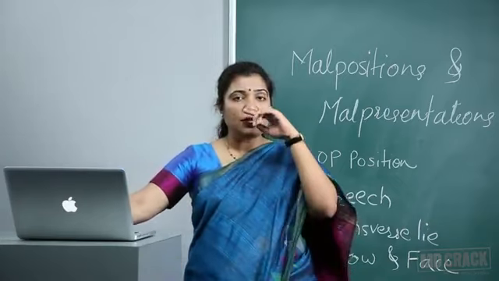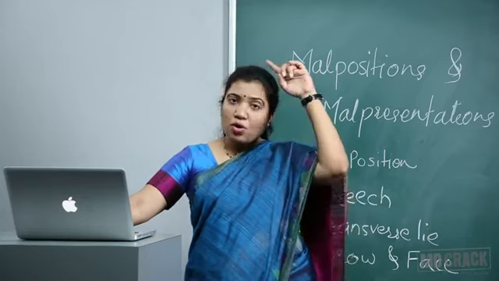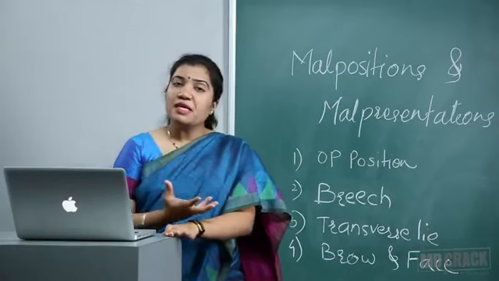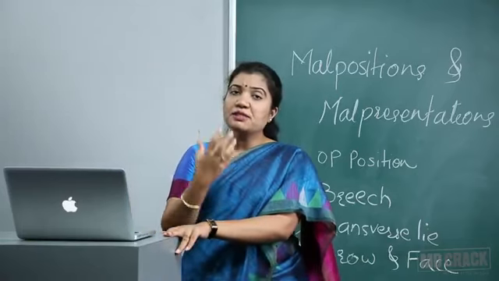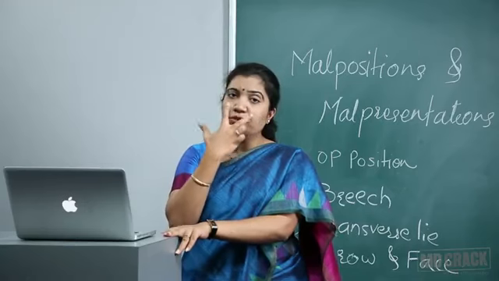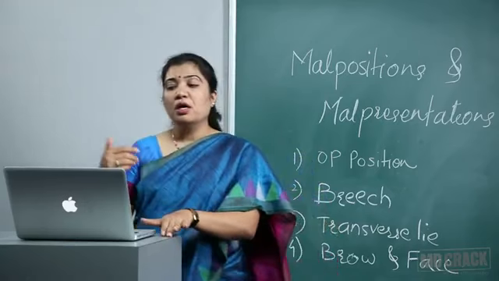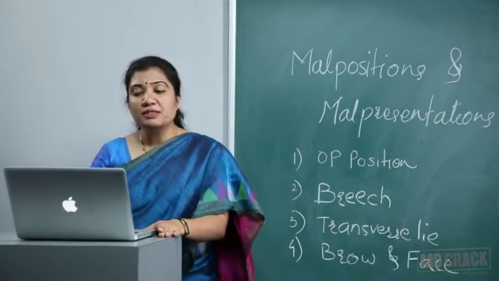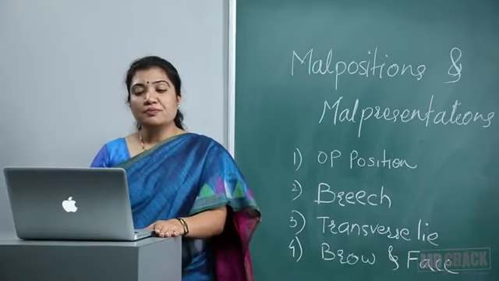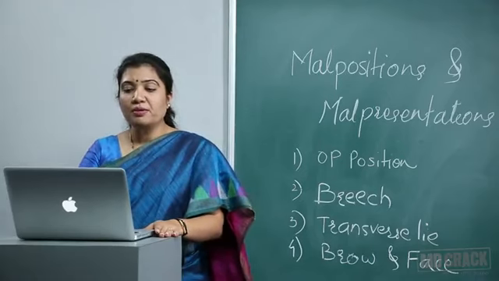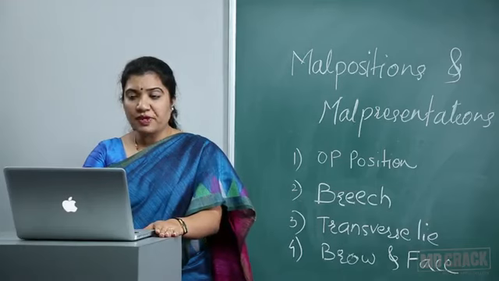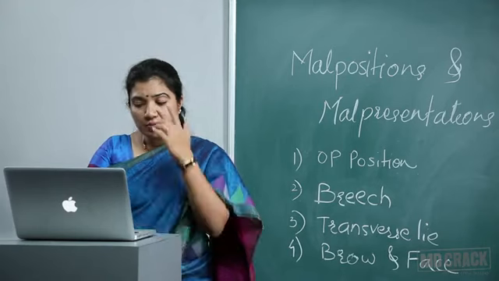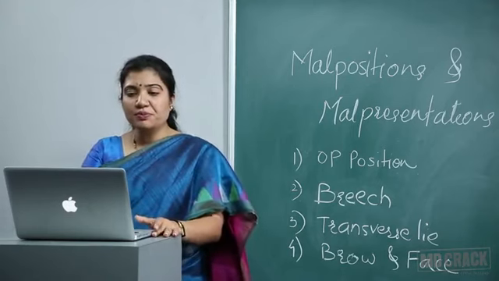Flexion of the head will cause delivery of gradually all this way in this sequence. For the diagnosis, PV examination is the best thing, which tells us where we feel this triangular portion, 2 malar eminences and 1 opening. Per abdominally, we can feel a groove between head and back, limbs felt on either side of the midline. Fetal heart is heard on the opposite side of the back, and PV, classically the face is felt. Usually when membranes are gone, there would be edema and baby's face will also get little laceration.